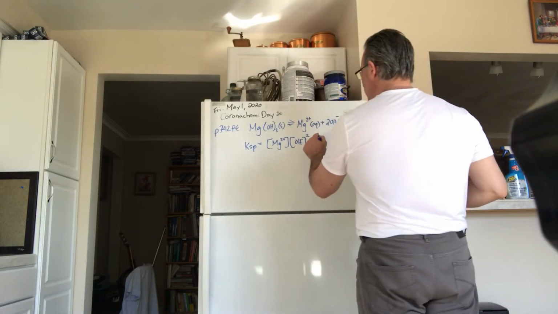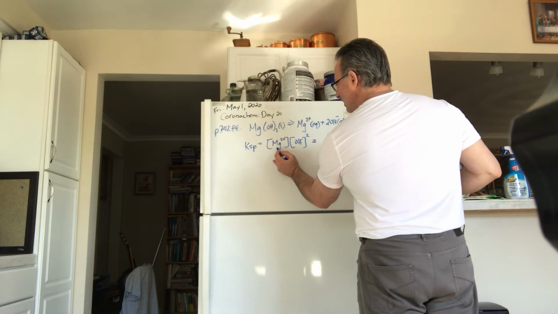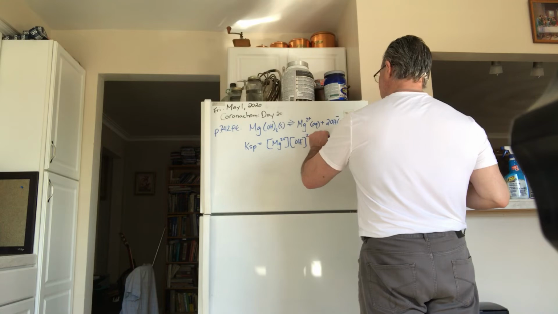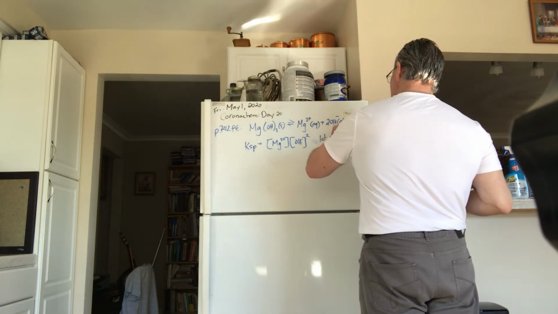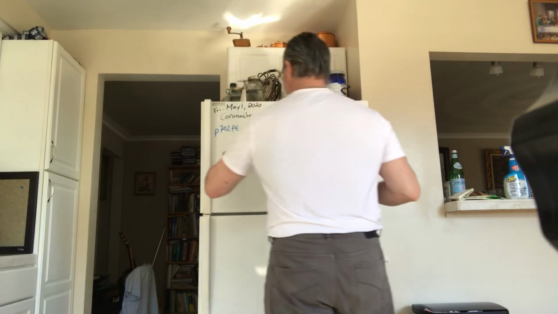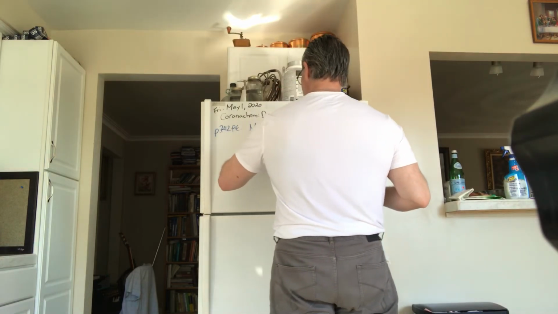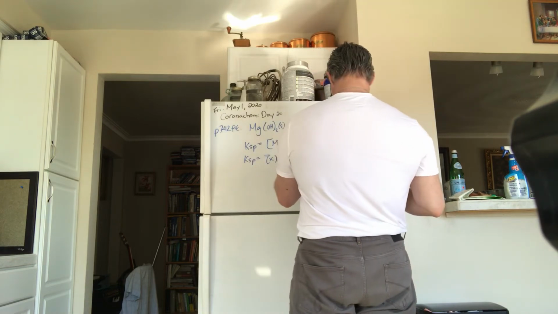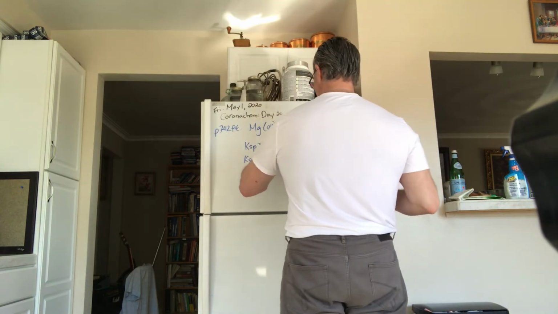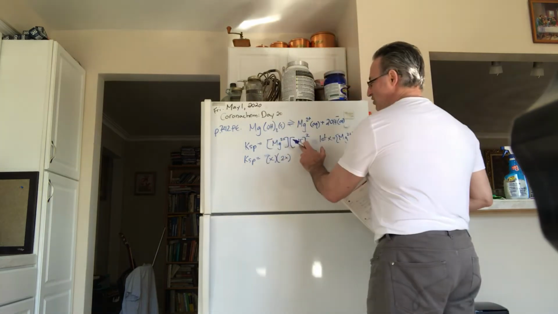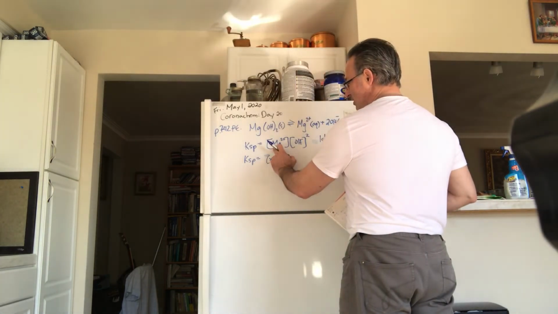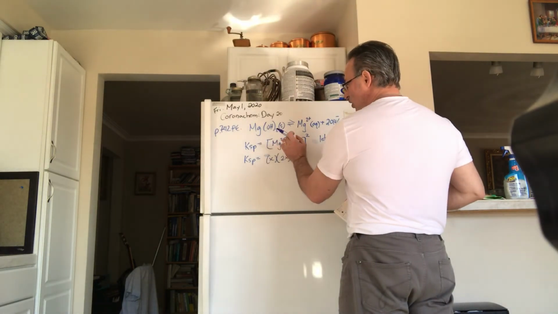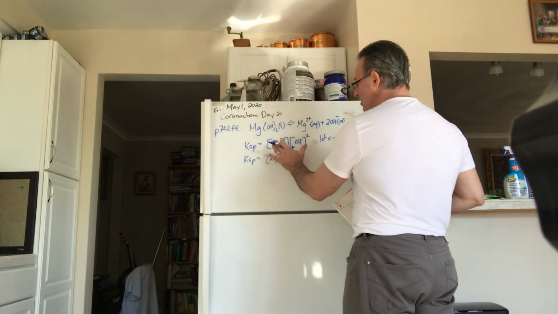We can rewrite this equilibrium as, if we let x equal the magnesium concentration, therefore we can say Ksp is equal to x times 2x, because you're going to get 2 hydroxides, so your concentration of hydroxide is going to be twice the concentration of magnesium. So that's why you're going to say 2x, because for every equivalent of magnesium hydroxide that dissociates, you'll get 1